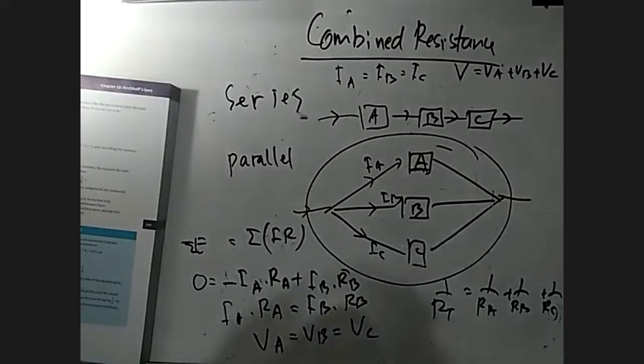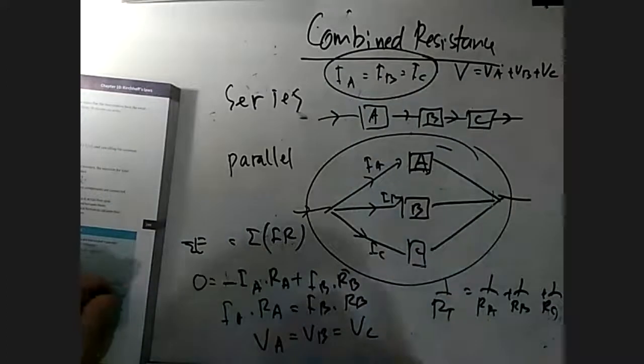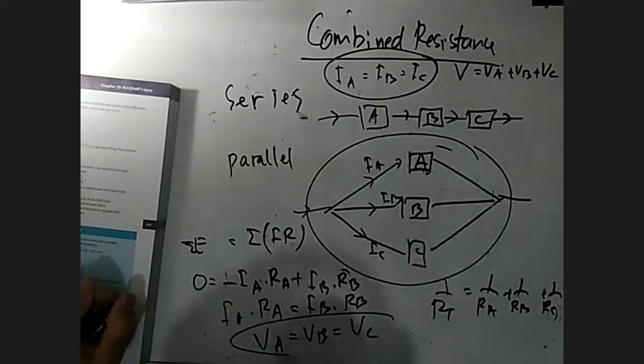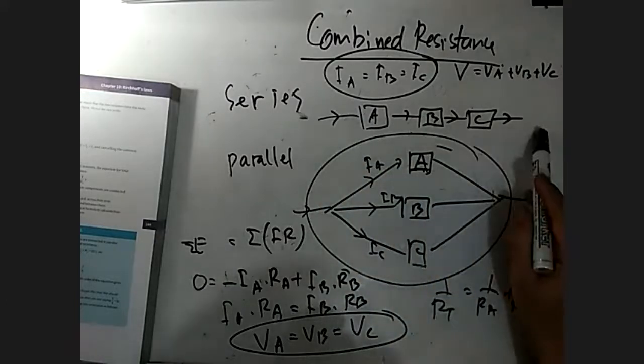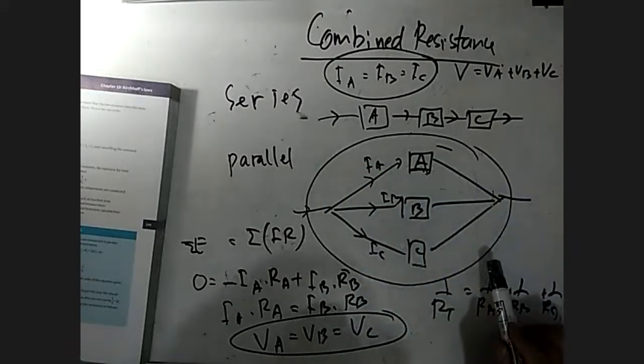So this is the difference between the condition in series and parallel. In series, we have the same current. In parallel, we have the same potential difference. That is for sure. I repeat, in resistance in series, the current is the same everywhere. In parallel,